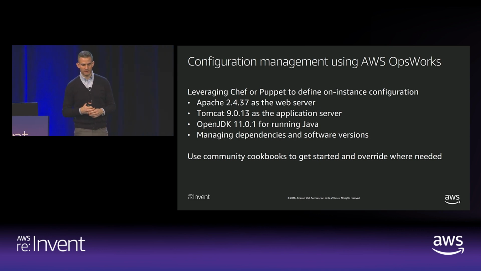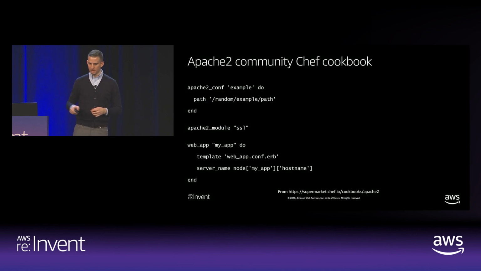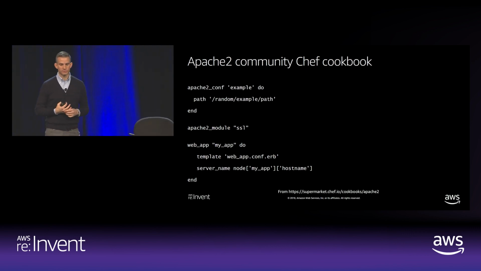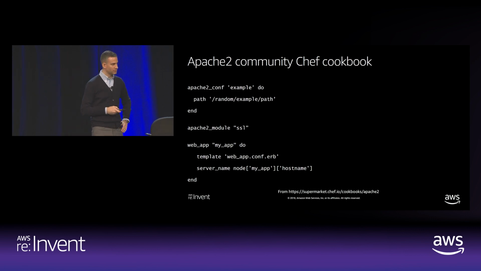And you have a nice abstraction for doing all of this. So to have a look at an example here, this is a snippet from the Apache 2 community cookbook that you can find on the Chef Supermarket, which is the Chef way to discover and share these open source standard cookbooks that a lot of people use, right? And what I can do here is define parts of my Apache conf. I can enable SSL. I can define a certain virtual host that runs off a certain template and so forth,